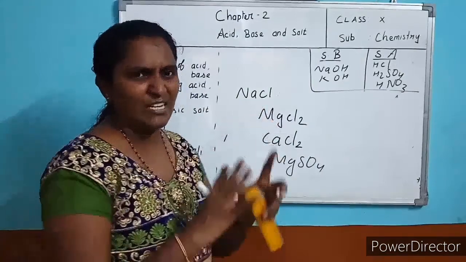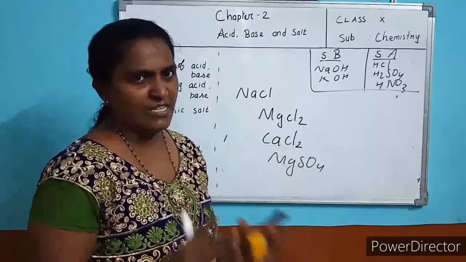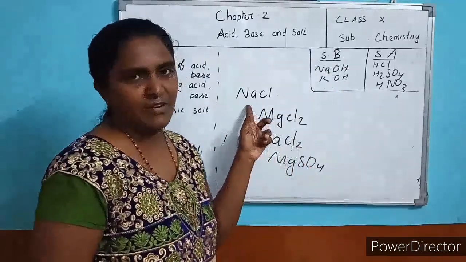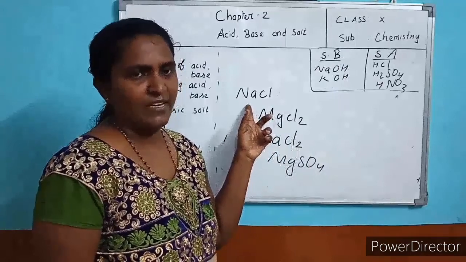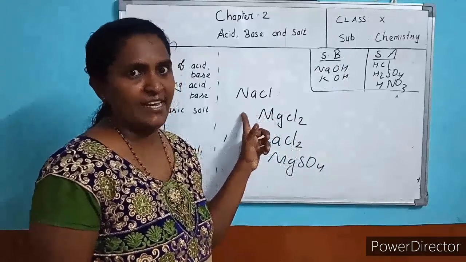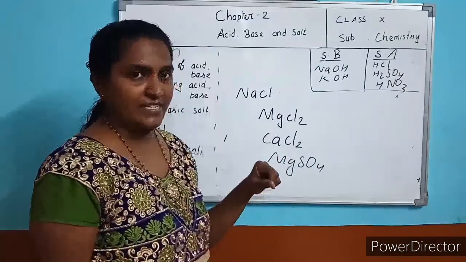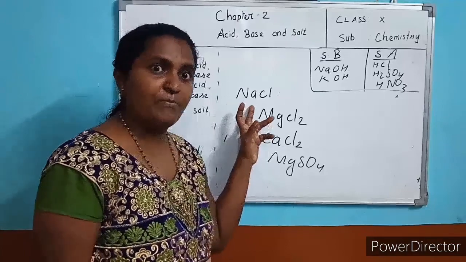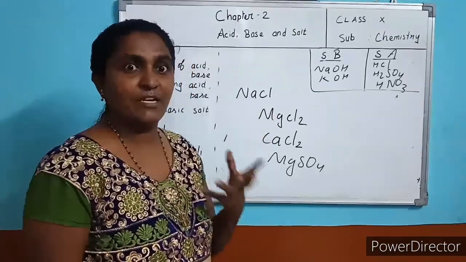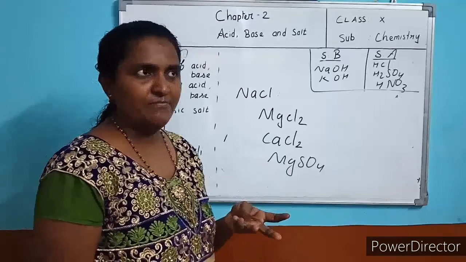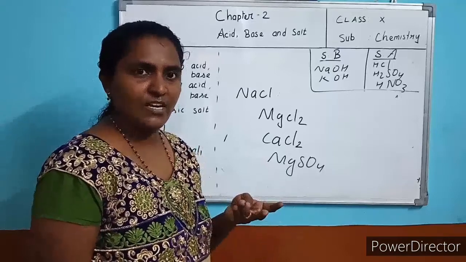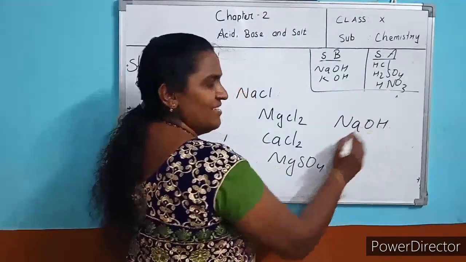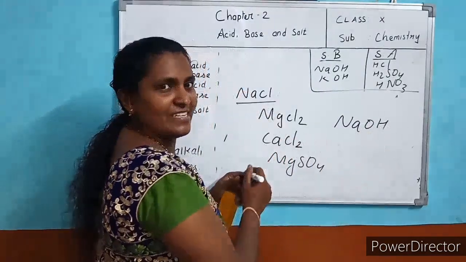So this salt may be found as a rock. Otherwise, by the water evaporation method, they separate salt from the water. By evaporation we get NaCl. From NaCl we get many byproducts, or NaCl is used to prepare many chemical products, for example baking soda and sodium hydroxide. All this we are going to prepare from NaCl salt.